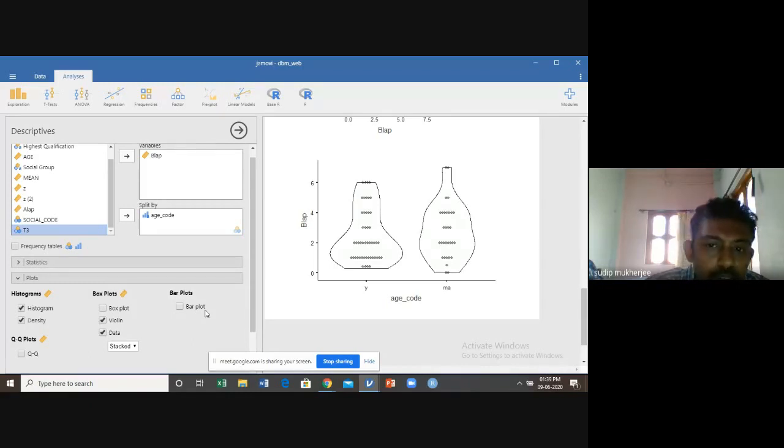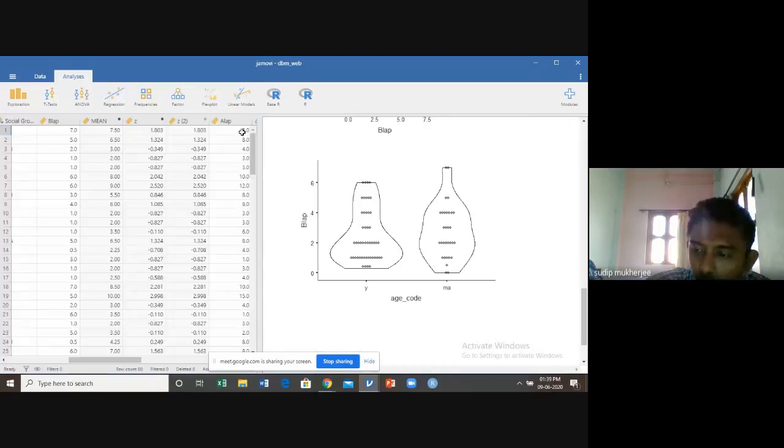Once again, just remember that in Jamovi, you cannot draw the pie diagram. Pie diagram is not possible using Jamovi. Bar diagram, box plot, violin, histogram, and density diagram are possible with respect to this Jamovi package.